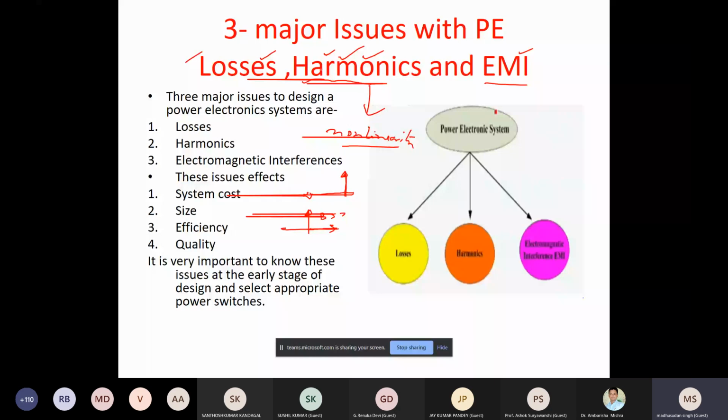Power quality is another area, in fact a sub area of power electronics. EMI is another sub area, right? So those who work in the EMI protection of devices and systems, I think that's another interesting area of power electronics. Now let us